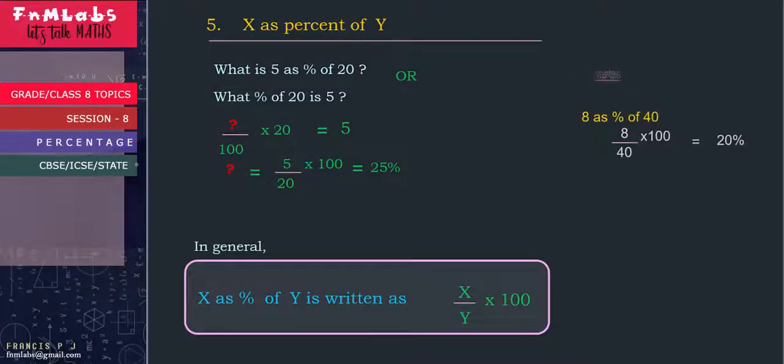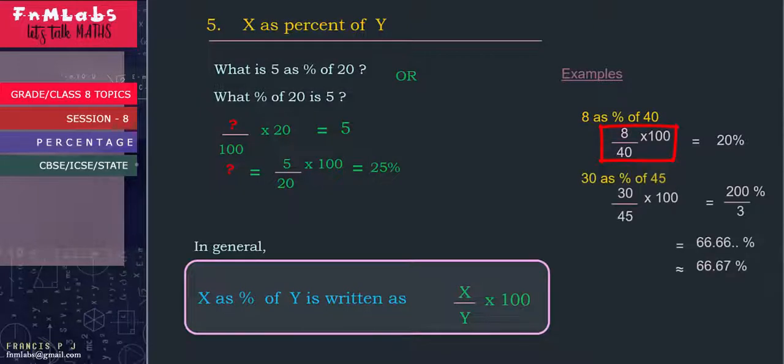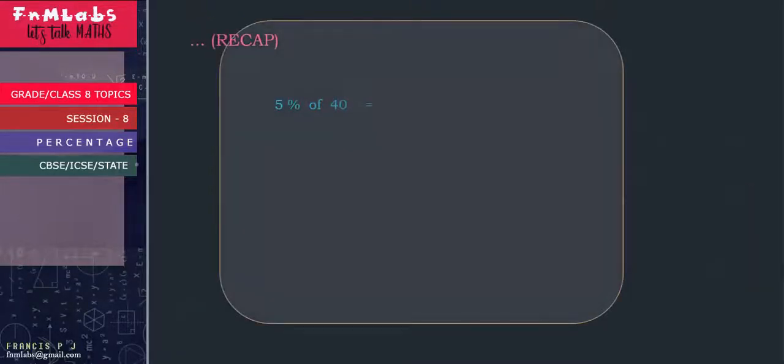So for example, 8 as percent of 40 is the same as 8 by 40 times 100, which is 20%. Similarly, 30 as percent of 45 is 30 by 45 times 100, which is 66.67%, rounded to 2 decimal places. So in brief, 5% of 40 is 5 by 100 times 40, and 5 as percent of 40 is 5